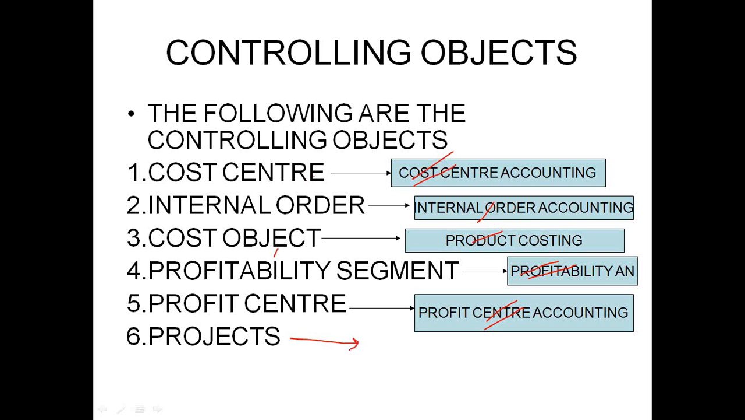Projects are outside the purview of controlling. There is another module which is called project systems. For the projects, we maintain the information in project systems. It's a separate module like FI and CO, MM and SD. So we are not going to touch the projects, project systems, here. So your 5 modules are,